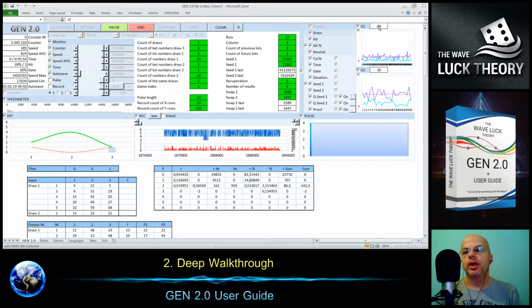So we have number 30, and we have also number 30 for Q2. And you see here for Q2 there is a statistic of the 26 numbers, from 1 to 26, corresponding to the second draw here. And we have the real statistics of the numbers.